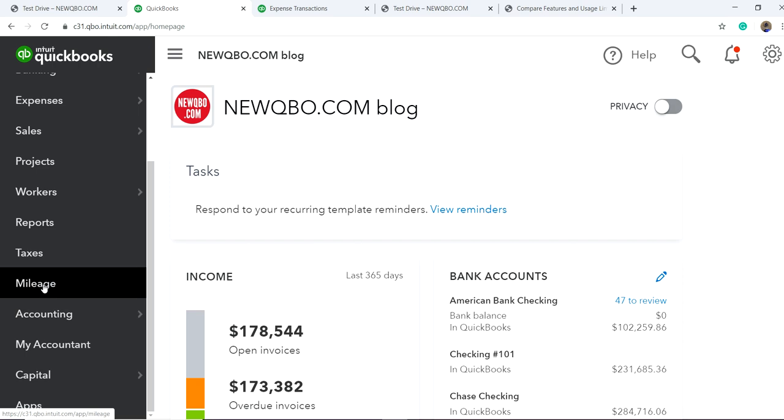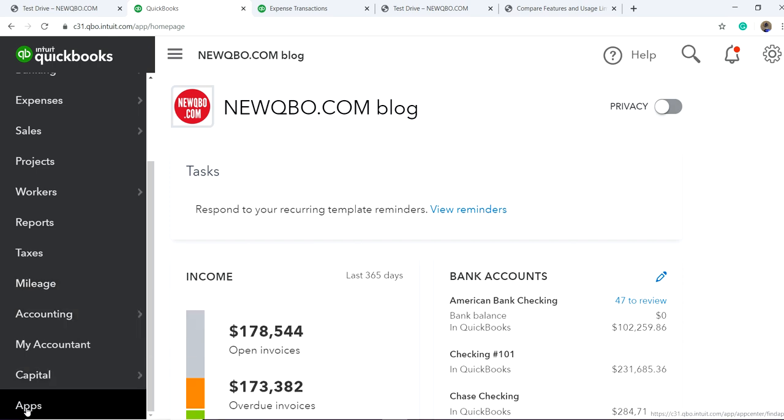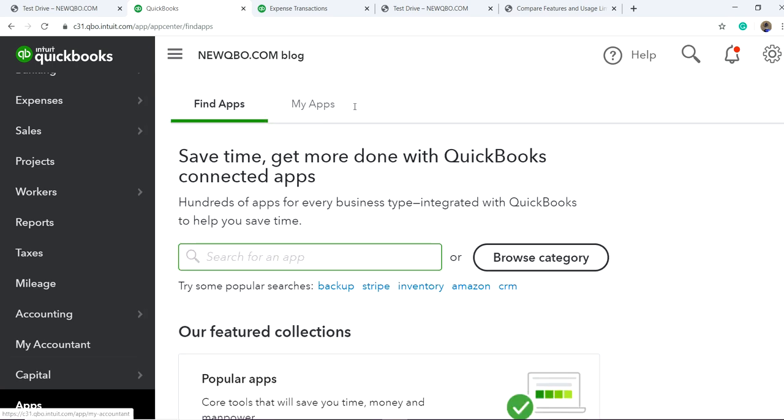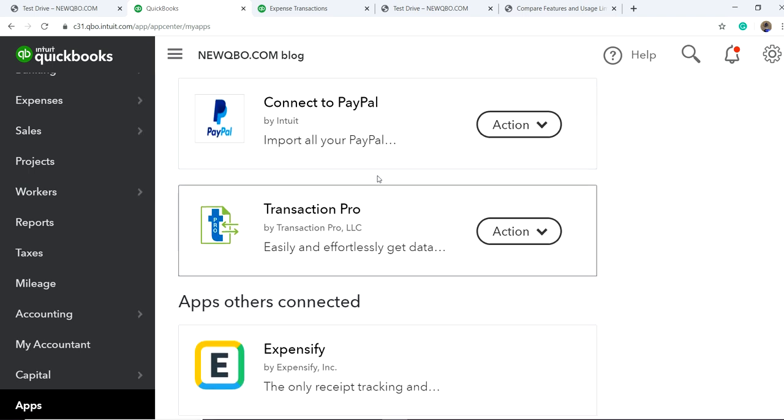Okay, and they have a miles thing. You can check it out. It's not a big thing. And then if you want to buy some app, third-party apps, you can come here and all these things. And once you buy it, then you will see under my apps like this,